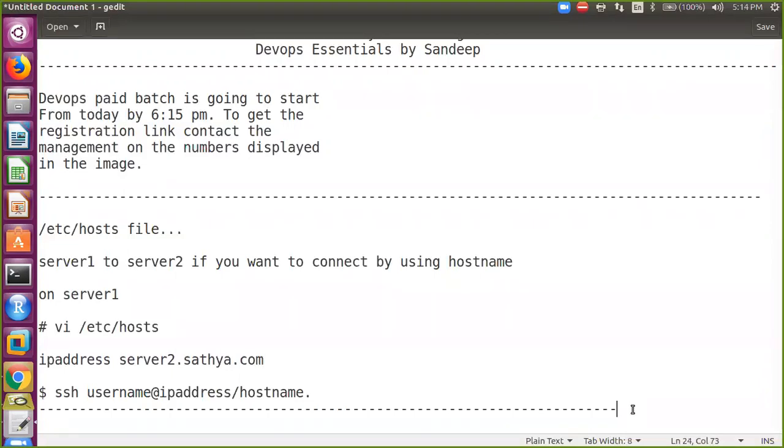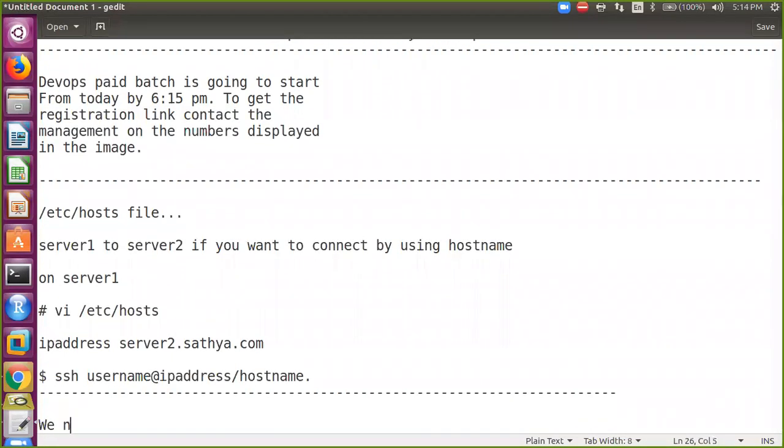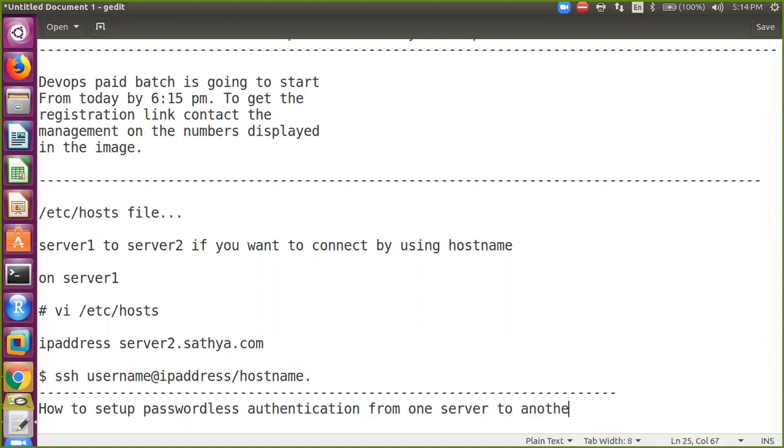So now, how to set up passwordless authentication from one server to another server for a user account.